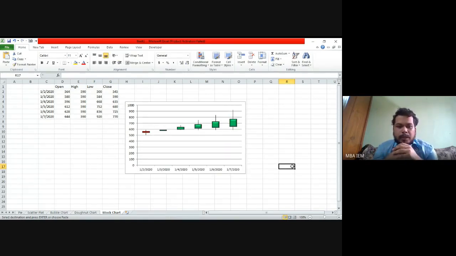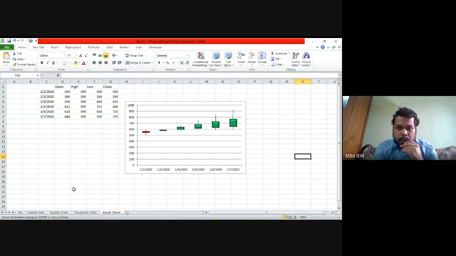So is the stock chart clear to everyone? Is there anyone who has any question related to this? Okay, so I think we are good for all the graphs that we have covered so far in today's lecture.